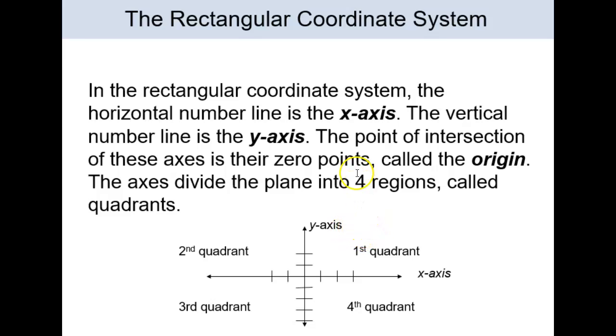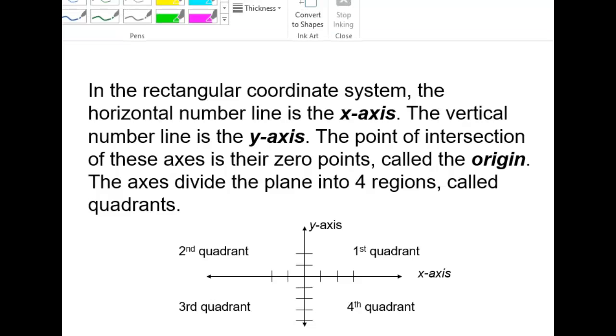Then if you move clockwise over to the left,